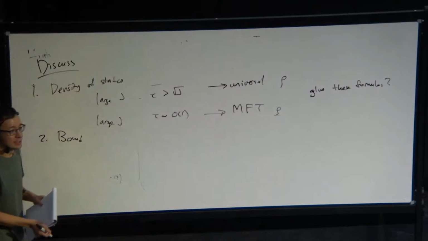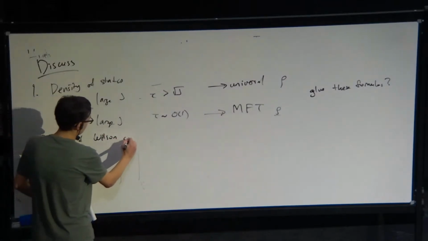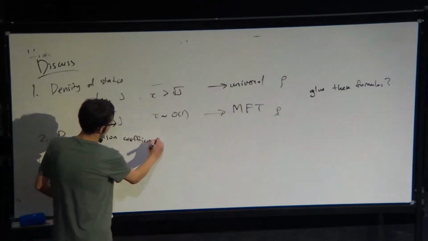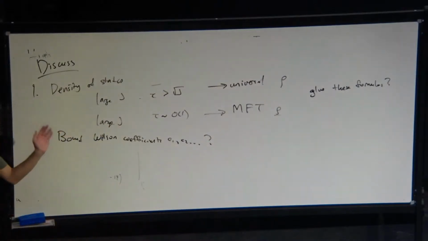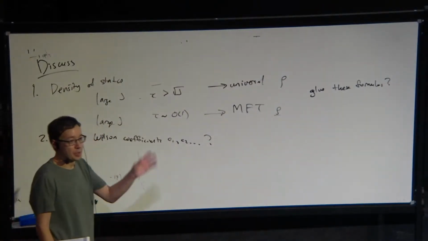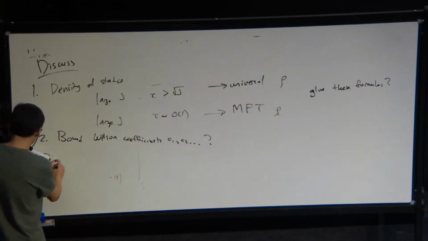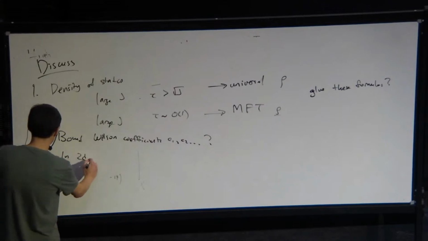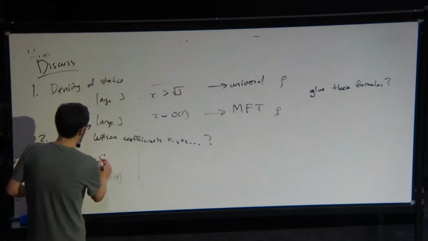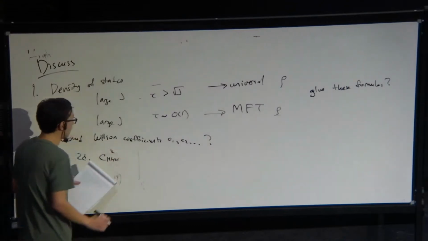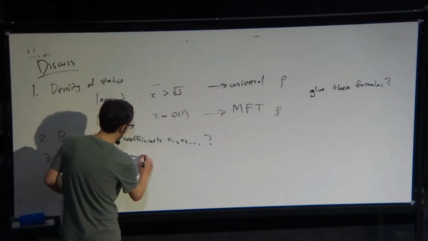Then the next question I have is, can we bound some of these Wilson coefficients, C1, C2, and so on, maybe using these dispersive techniques or whatever? Are there positivity constraints on them, things like this. And the third thing I want to say is, in 2D, it was recently shown in a very nice paper by Scott and Tom Hartman and others that these Virasoro three-point functions squared are related to some on-shell wormhole actions.